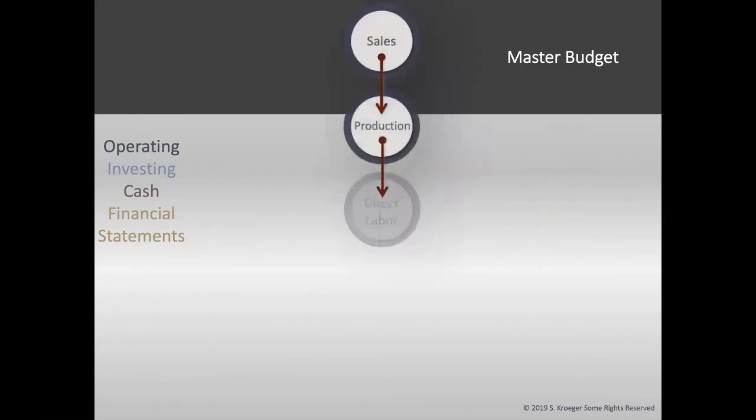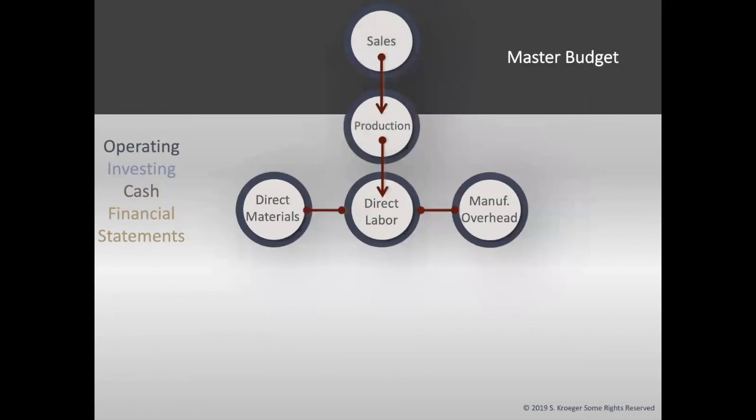Our next topic is preparing budgets. The master budget is a combination of all the budgets together. The different types of budgets are the operating, investing, and cash budgets. Once all the budgets are prepared, you can make the budgeted financial statements. We will be going through each budget individually, but I want to give you a layout on how they are all connected. Note, this is the master budget for a manufacturing company. Other businesses may not use all these budgets or will use a variation.